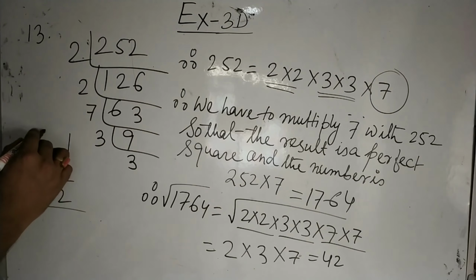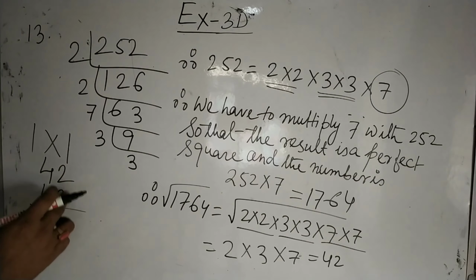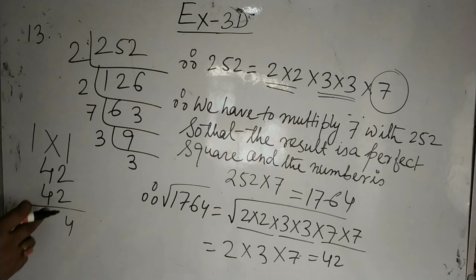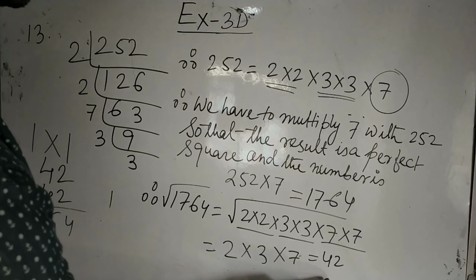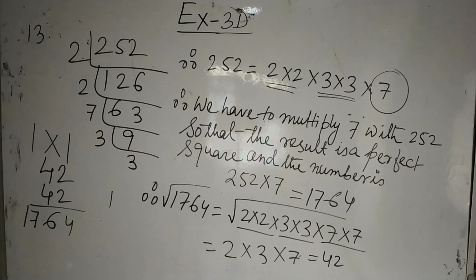For a cross check, just find the square of 42. Just multiply. 2 2s are 4. Now this cross means 4 and 2, 8. Again, this cross means 4 and 2, 8. So 8, 8, 16, 6, 1 in hand. Again, 4, 4, 16 plus 1, 17. So 1764 is the number and its square root is 42.